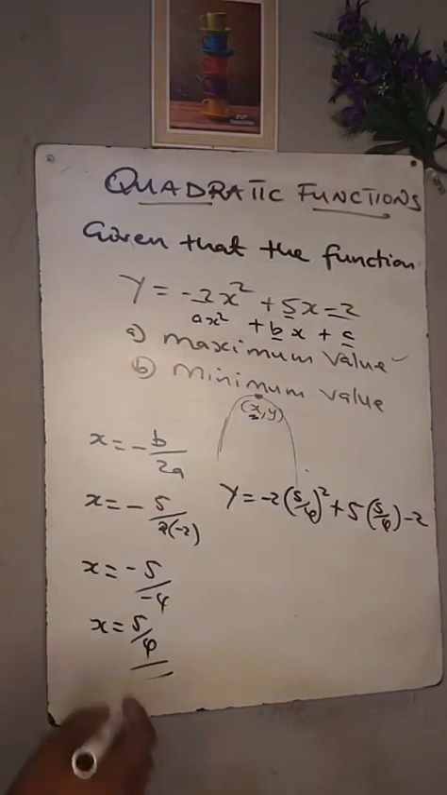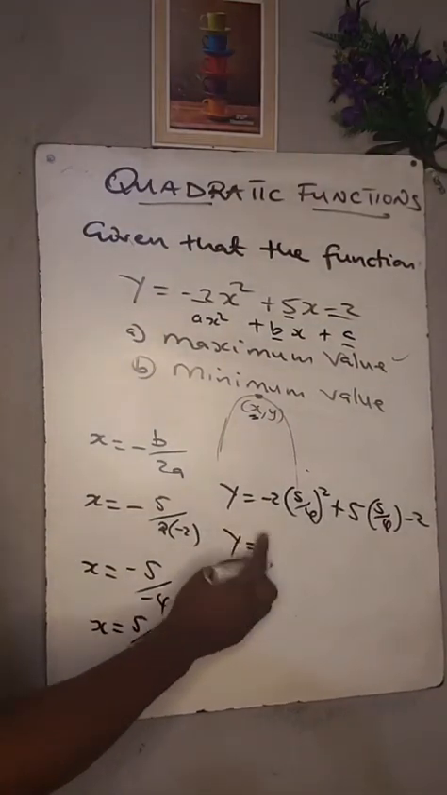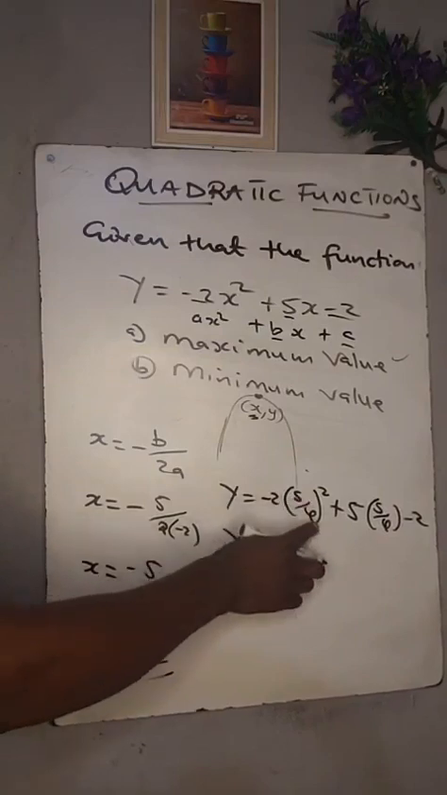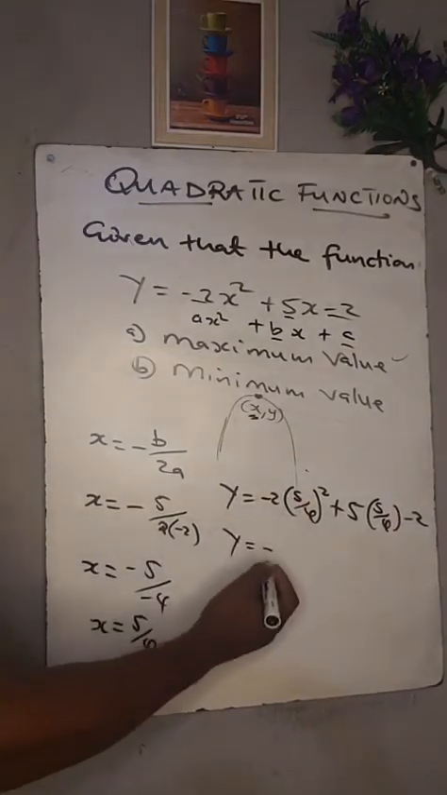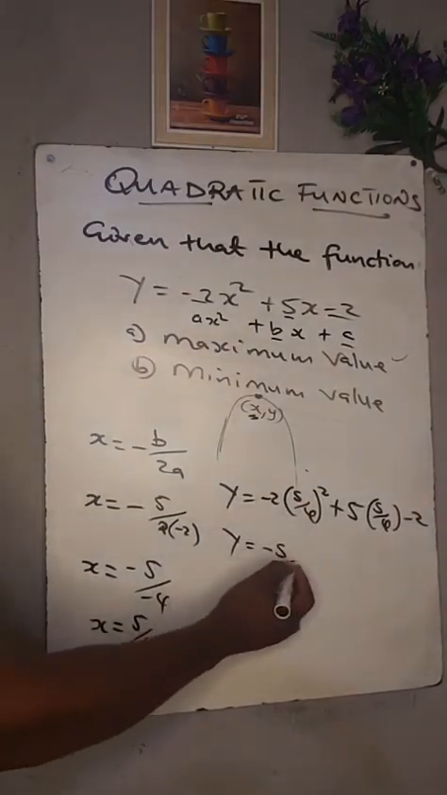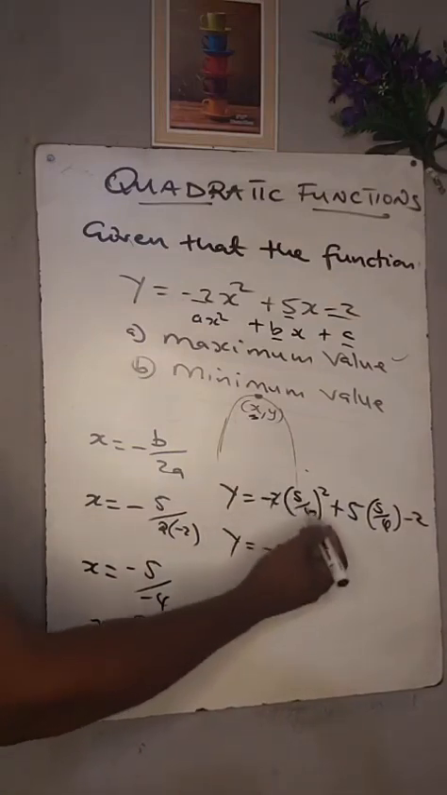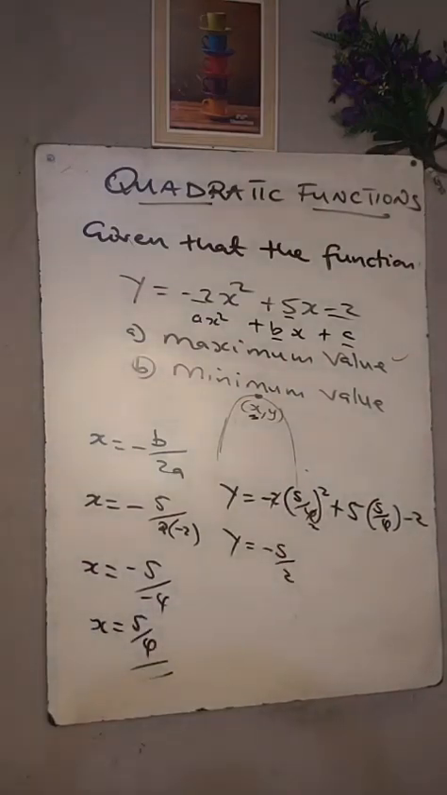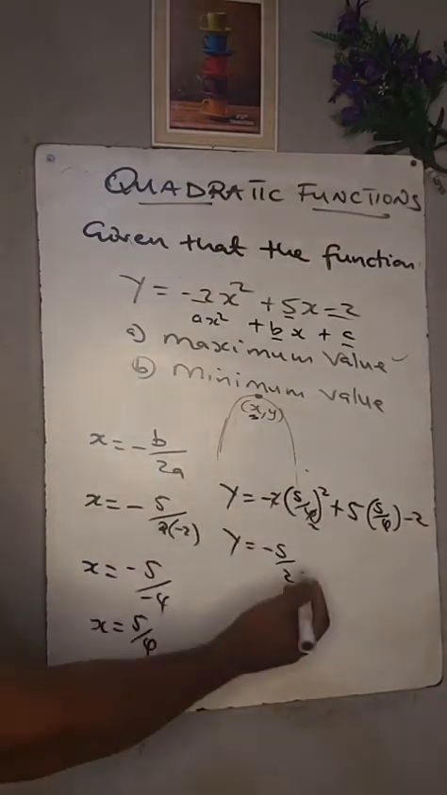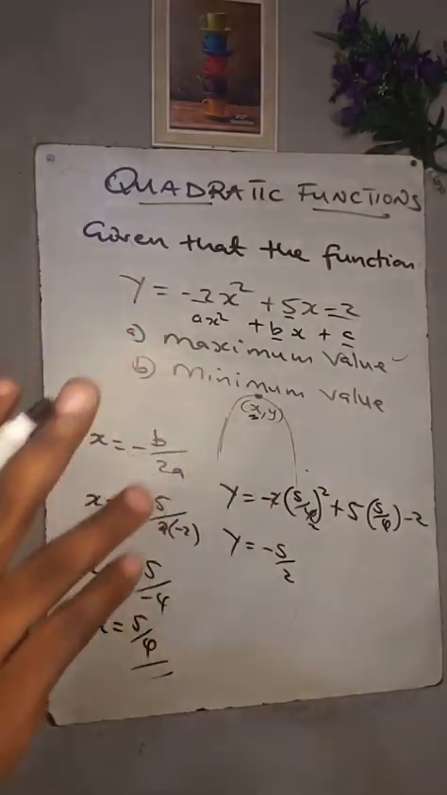Okay, then after that we are going to say y is equal to negative 2 times 5 over 4. We're going to get negative 5 over 2. Why? Because in 2 there 1, 2 there 2. So we have negative 5 over 2. Before that, sorry guys, before that,